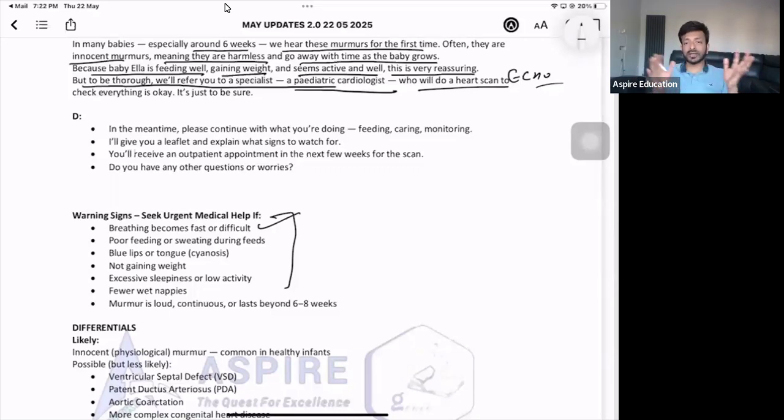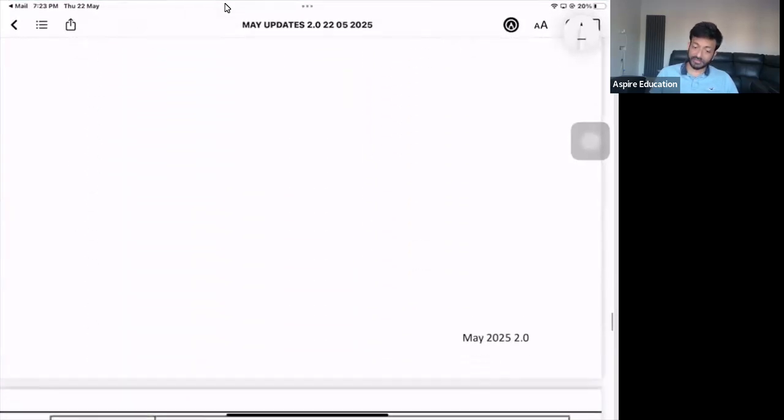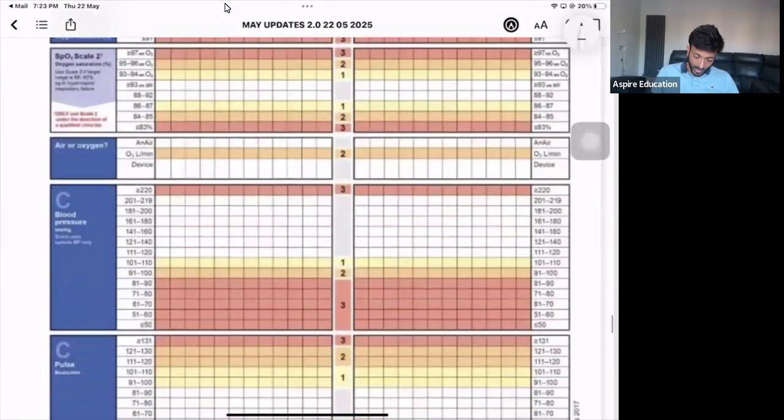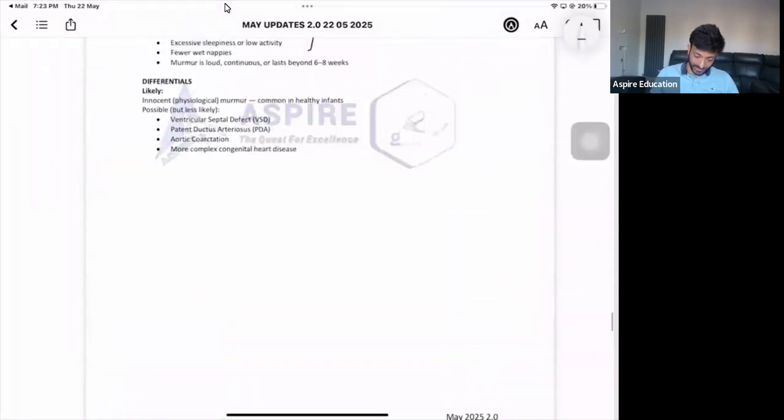Right. So in children, the fixed questions are: are they eating, drinking well, playful or not, and wetting the nappies the same way? Any changes in that? So if all these things are fine, then there's nothing to worry about. So that's the station that we are having. Okay. All right, guys. So yeah, that's the main thing.